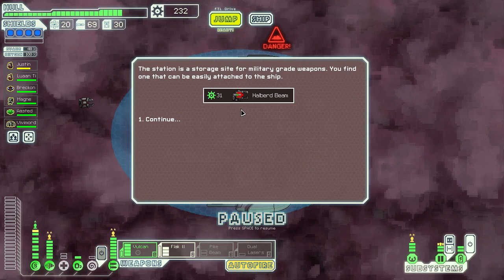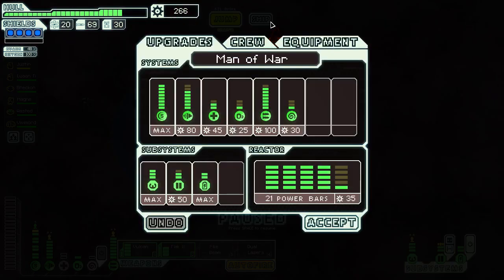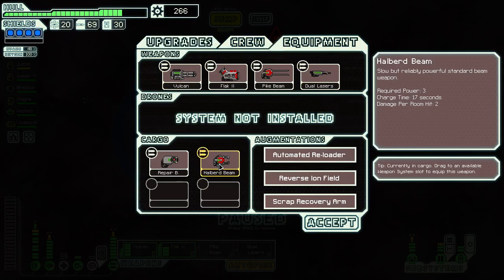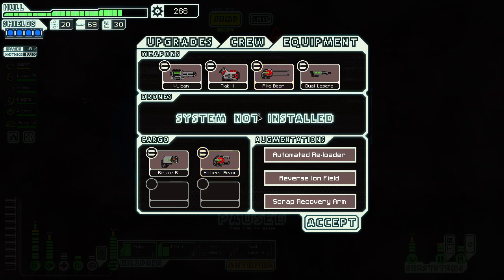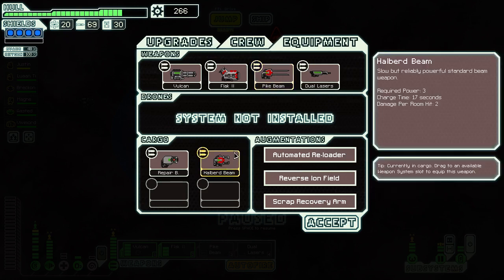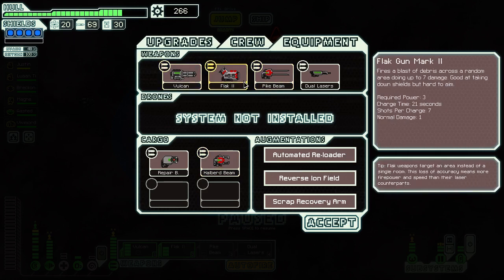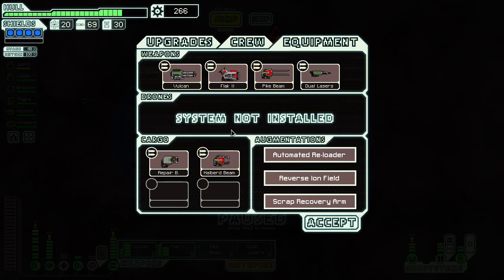It was a storage site for military-grade weapons. Halberd beams are always a fun one. Let me check the exact stats. Yeah, so it can break through 1 shield. Uses 3 power. Tempting to swap it out for the pike. Charge time is basically the same. It's one more power, but... I mean, if we're using both of these, we're not using that anyway, so...